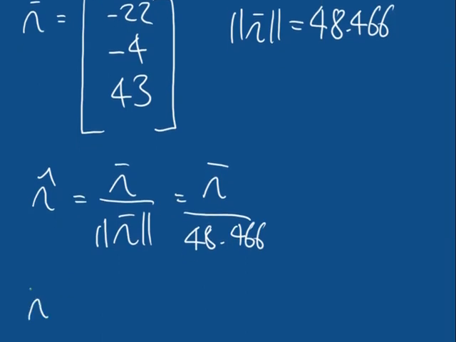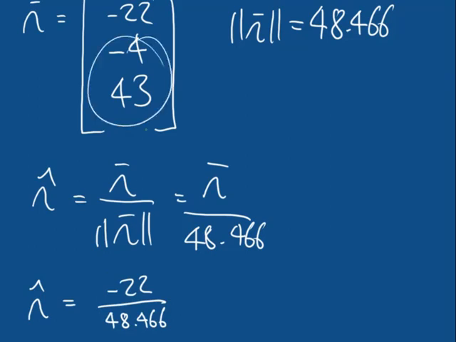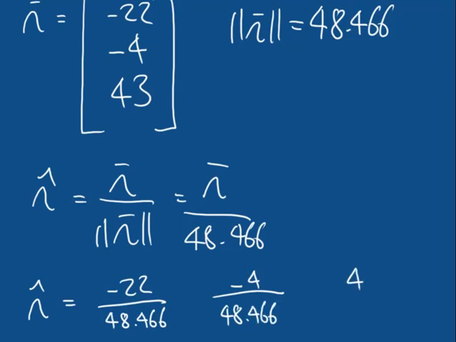So our unit vector n hat is equal to, it's going to be minus 22 divided by 48.466 in x. I will write this as a row vector just so I can refer to these results without scrolling. Then minus 4 divided by 48.466 in y, and